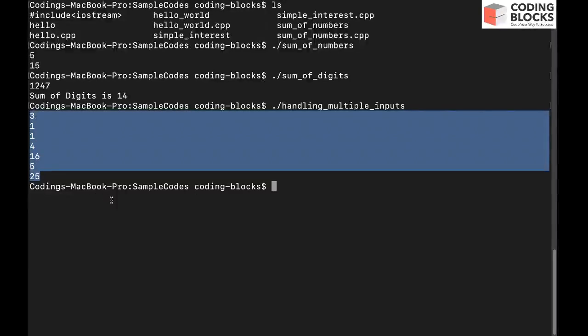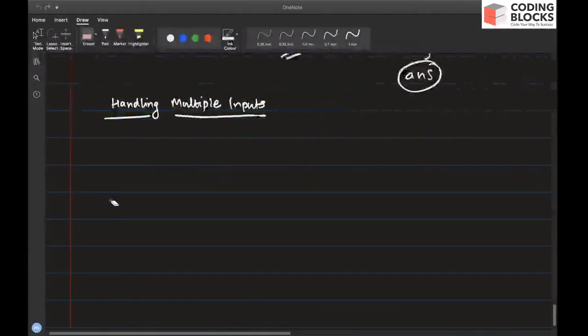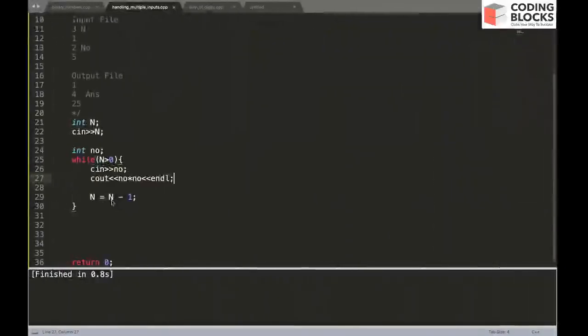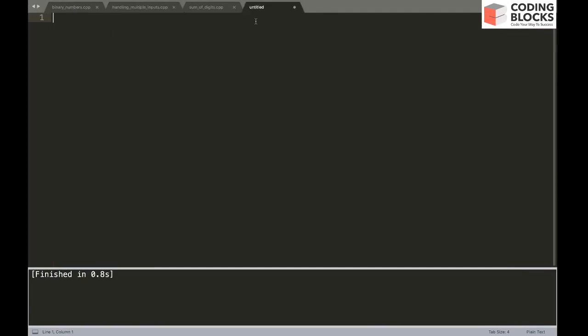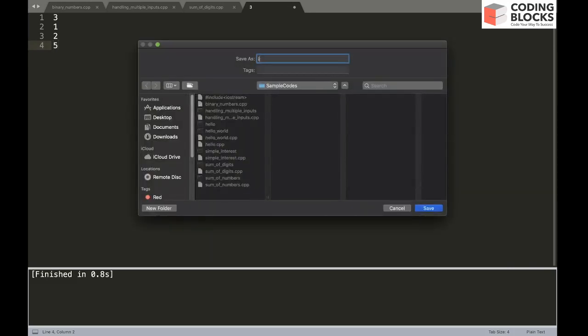But this is not the case on an online judge. In an online judge, the input comes from an input file. So now let us create an input file and give that file as input to our program. Let me write these numbers in the file. I'll say there are 3 numbers, 1, 2 and 5, and I will save this file as input